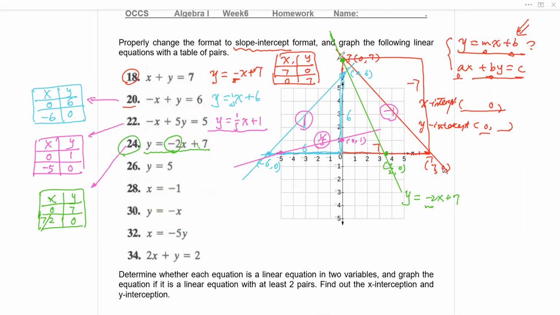With a negative slope, the direction looks like it goes from the northwest to the southeast. And when the slope is positive, like this one,